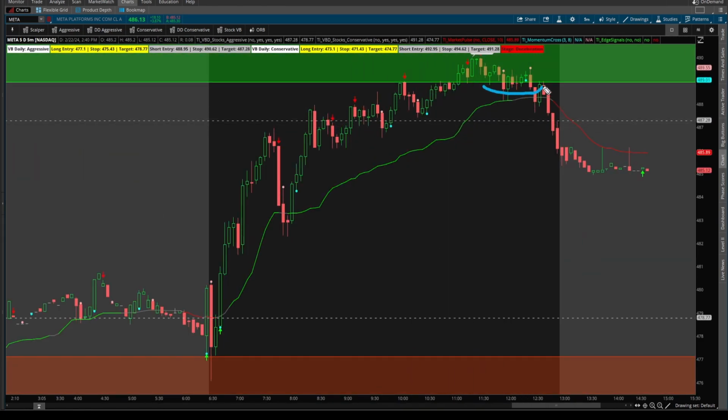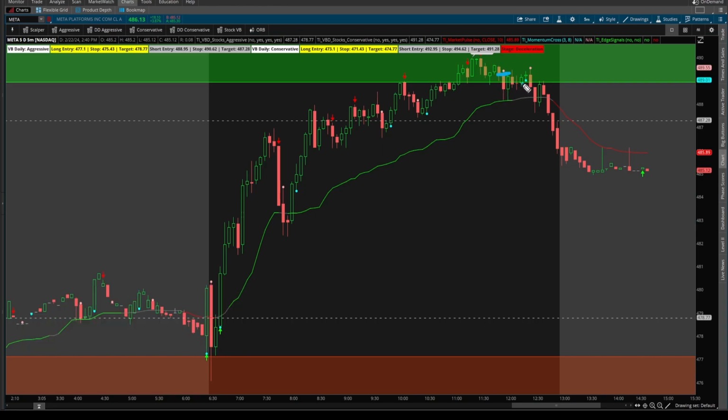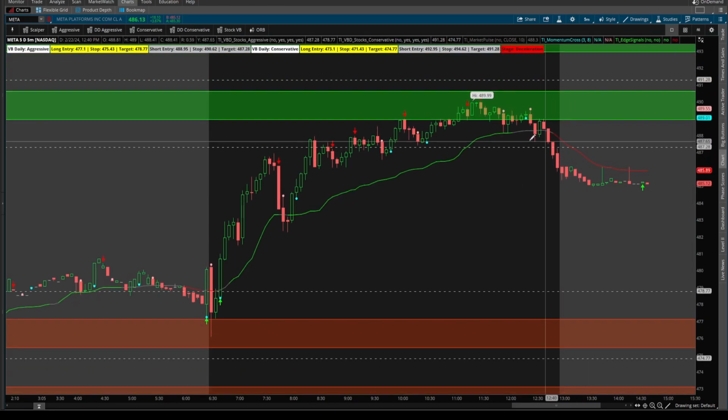the 5-minute, Meta also gave us the 1-2 punch with that 3 and the 8 EMA. We saw the sellers try to take over control. We saw the buyers try to defend, but that very quickly got rejected with sellers with a nice bearish candle for the second momentum cross. After that, you could see what happens in the span of less than 35 minutes. We can see the move, almost a $2.80 move inside of Meta as a drop into the close and exactly